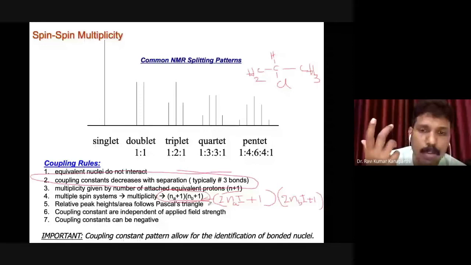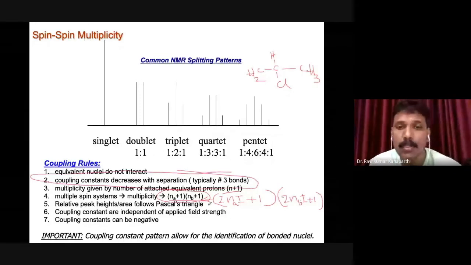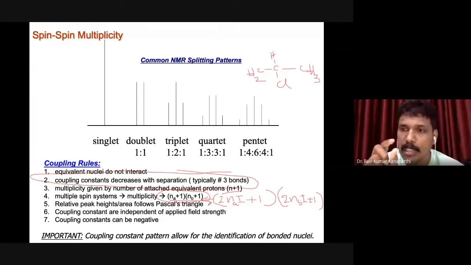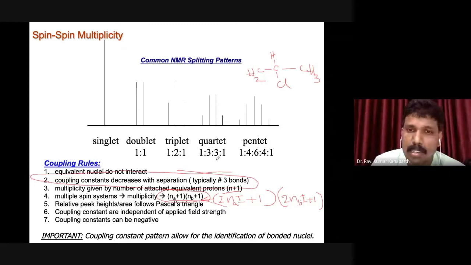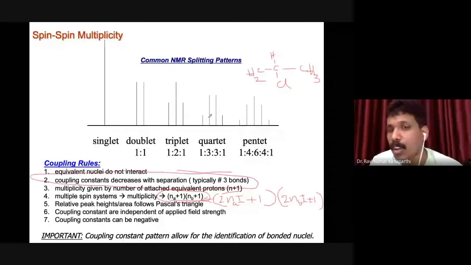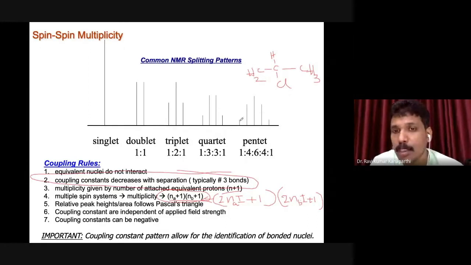Suppose in the examination, if you have to draw a triplet, you draw the first line with some intensity, whatever you think of. But the middle one must be double the first one, and then the last one is the same as the first. That's a triplet, 1:2:1. For a quartet, it is 1:3:3:1, so the middle lines' intensity must be 3-fold of the outer lines. That's how you should draw. And in the case of a pentet, the middle line should have 6-fold intensity compared to the outer lines, and the inner two lines will be 4-fold. One should draw it that way.